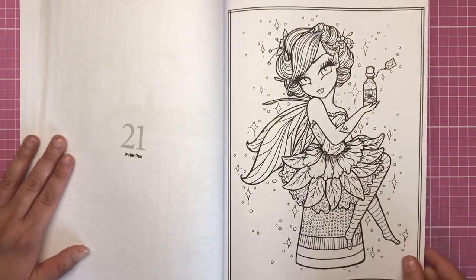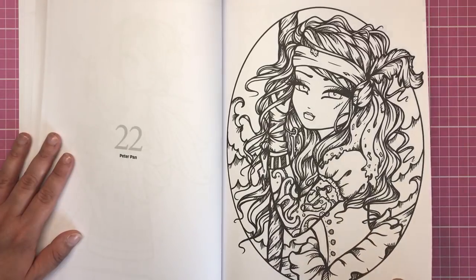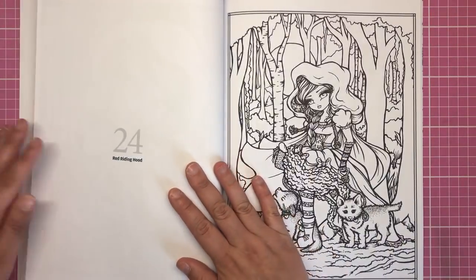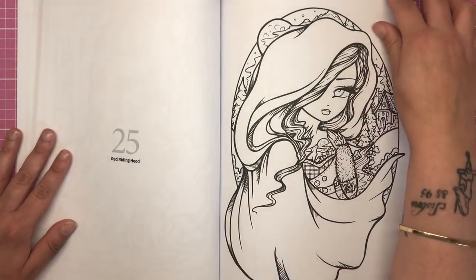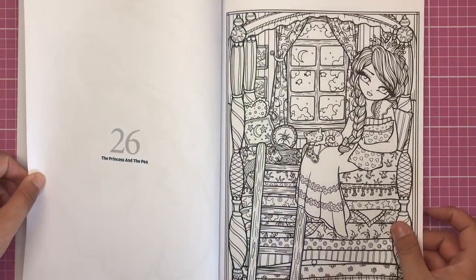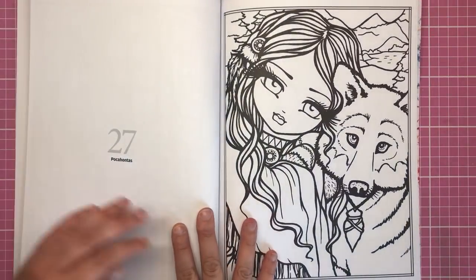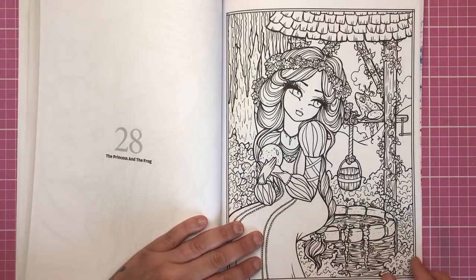We've got Peter Pan again. So this is Tinkerbell sat on a thimble. And this must be one of the pirates or one of the lost girls. Here we have Little Red Riding Hood with the wolf in the background. And then just a standalone image of Little Red Riding Hood there. We've got the princess and the pea. As you can see, all the different mattresses stacked up with the pea underneath. And we even have Pocahontas with her wolf. This is the princess and the